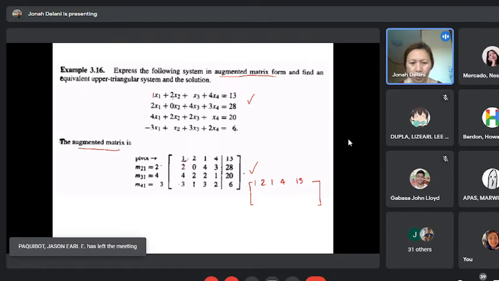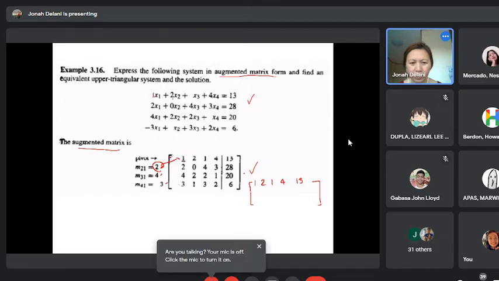Two divided by 1, that becomes 2. Four divided by 1, that becomes 3. Three divided by 1, that becomes 3 here. And then we multiply this to everything here, and then we subtract. We multiply it, and then